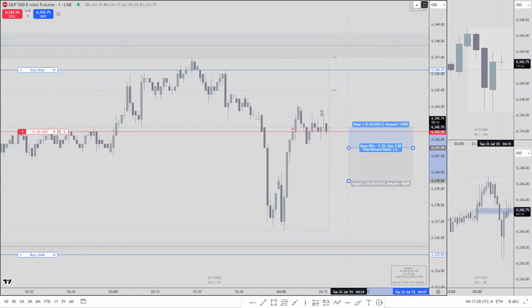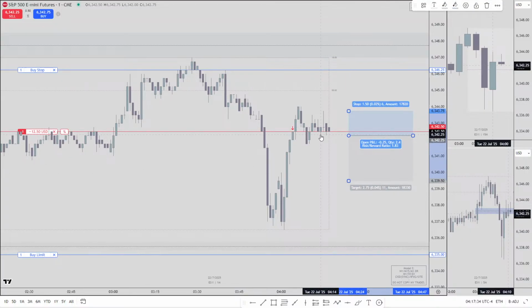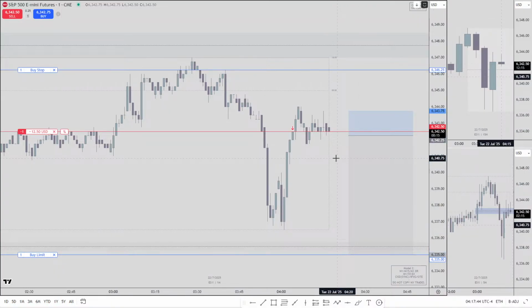I'm gonna put it like this, and because it's a wick candle, I'm gonna use 50% of the wick as the pyramid entry, looking for the same target. Okay,